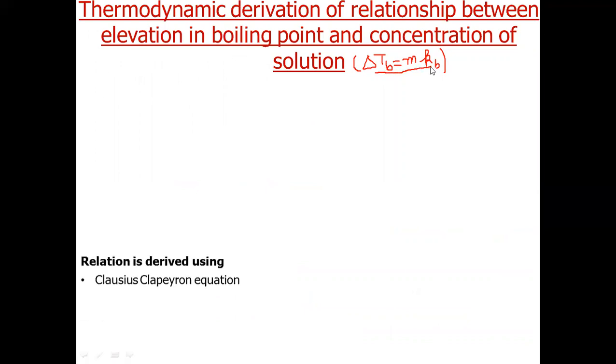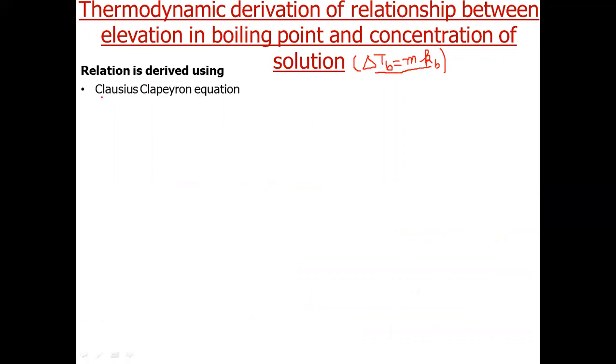So delta TB is the elevation in boiling point. Suppose m is molality. We have a relation delta TB is equal to m Kb. More precisely, it is written as delta TB is equal to Kb into m. Today, we will derive this relation. In order to derive it, we will take the help of